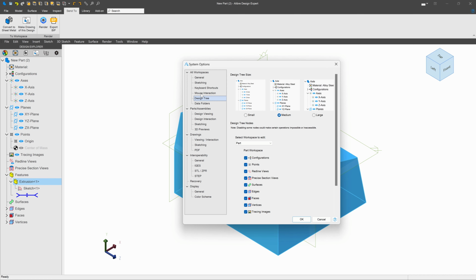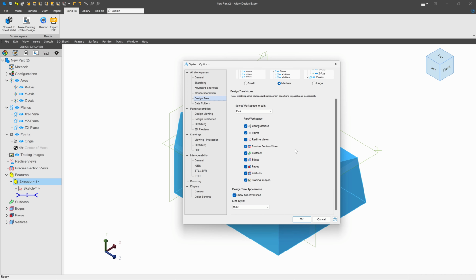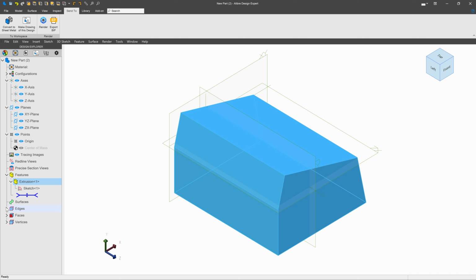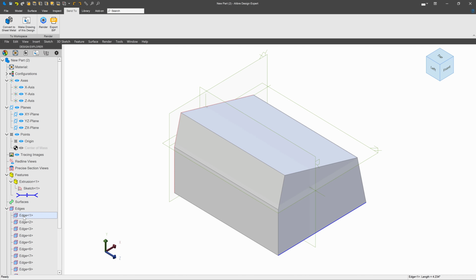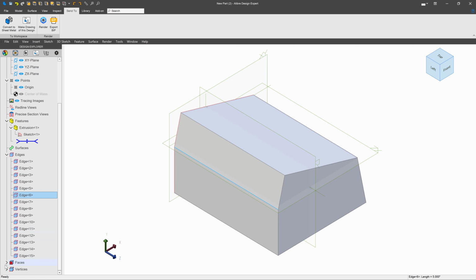Going back to our views, I might have missed design tree here. We have the options to choose small elements in our design tree, medium or large, and of course I like medium. We also can edit the content of our design tree. So we have these places for edges, surfaces, faces, vertices, etc. And I can highlight individual edges in my part. Likewise with faces